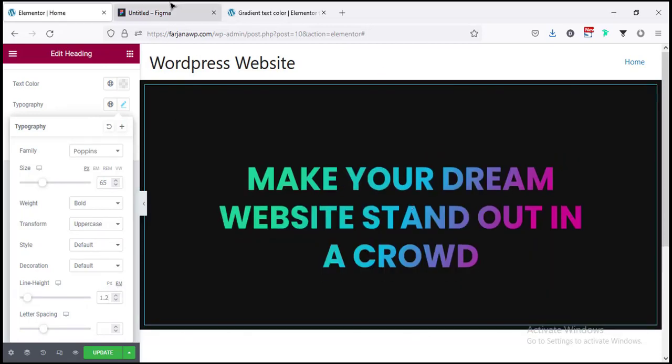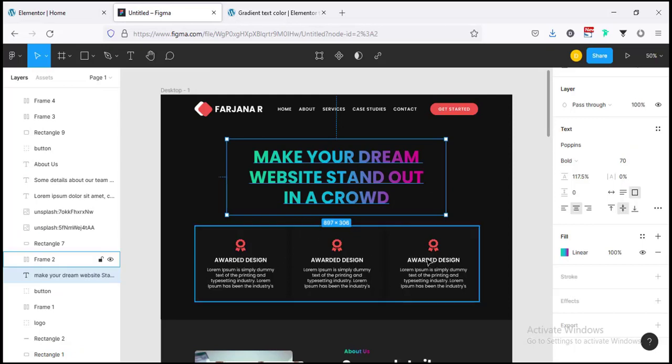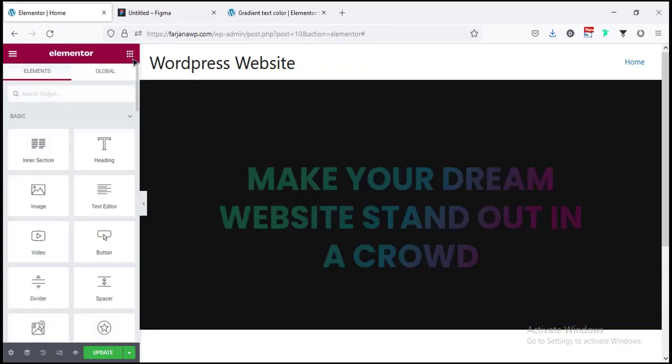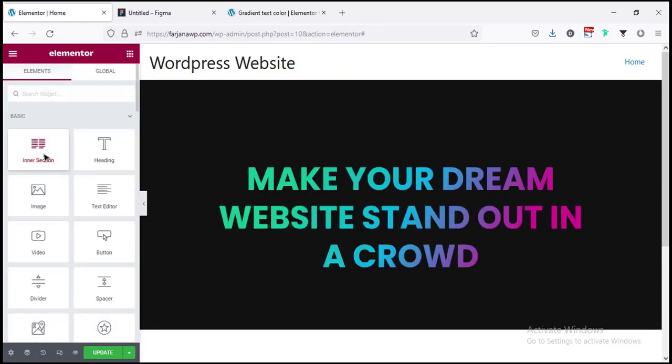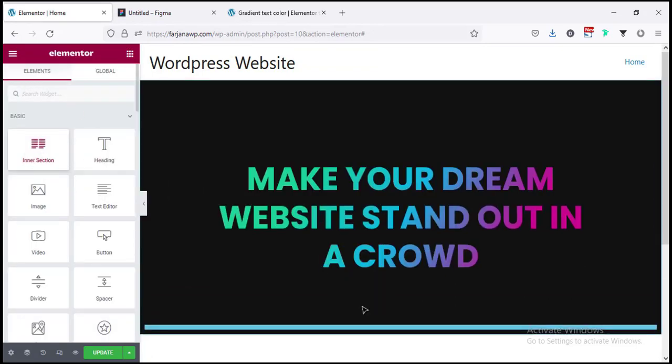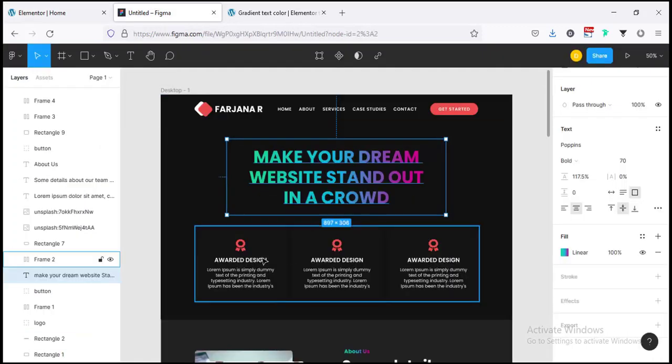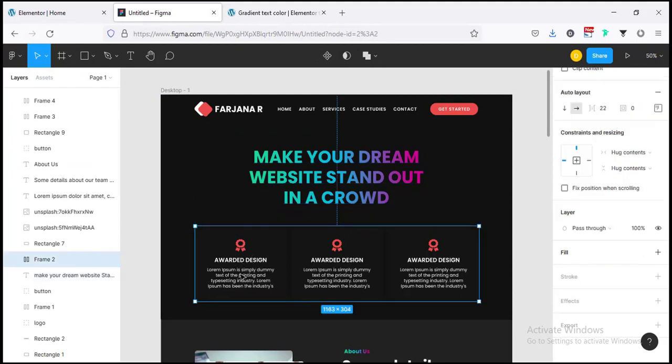And now I'm going to create these 3 sections. So here we can take a different section, or here we can take an inner column. So going again here, and next again going to the 6 dot icon, and here is the inner section, and here first I'm going to add the text and icon for the first one. So going here,